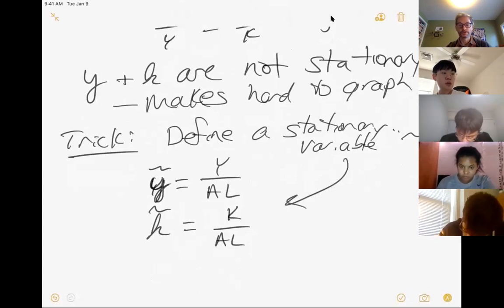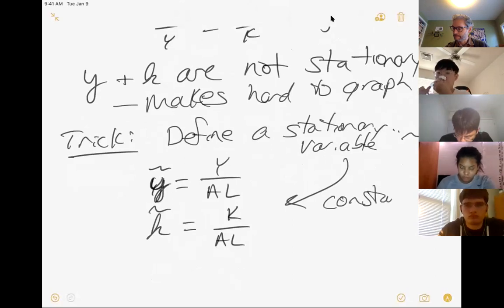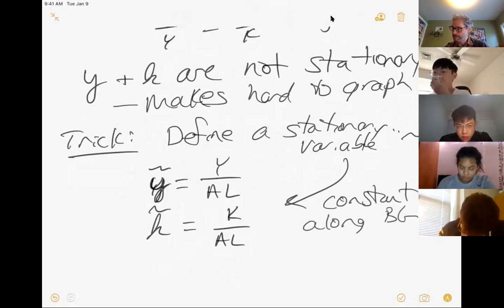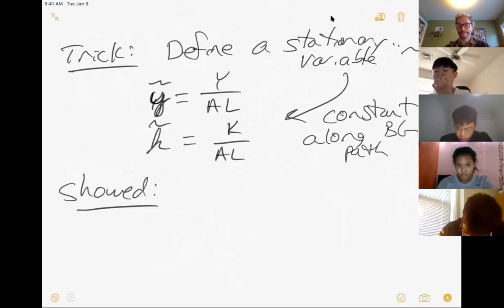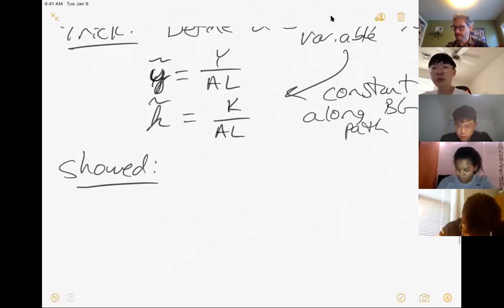So these variables are going to be stationary. They're going to be constant along the balanced growth path. And that allows us to graph them. And so what we showed is that if we rewrite the model in terms of these tildes,